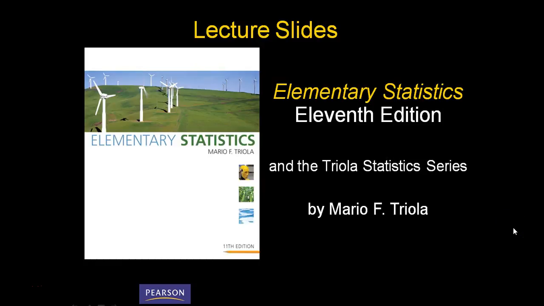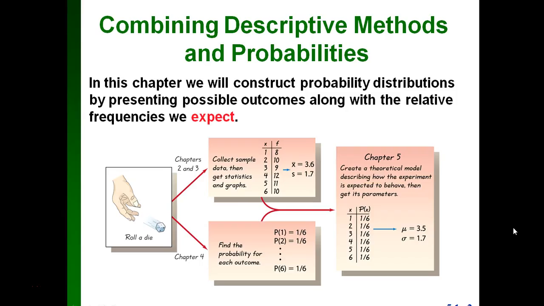In Chapter 5, we'll be looking at binomial distribution. And a binomial distribution is one of the two types of distributions that we're going to focus on. In Chapter 1, we talked about how to get a sample. And in 2 and 3, we talked about different ways to organize and present that data, like, for example, when